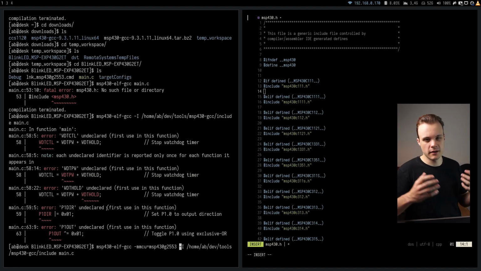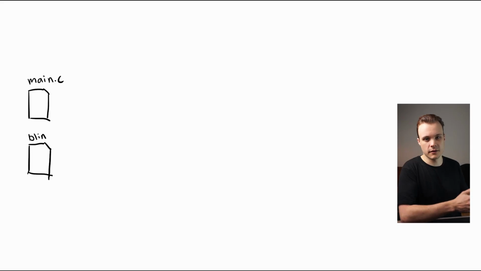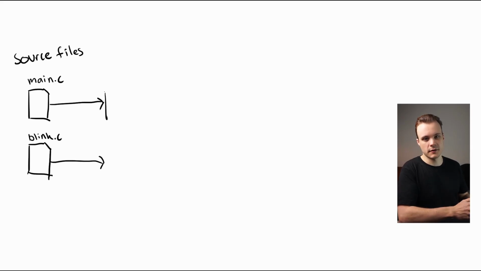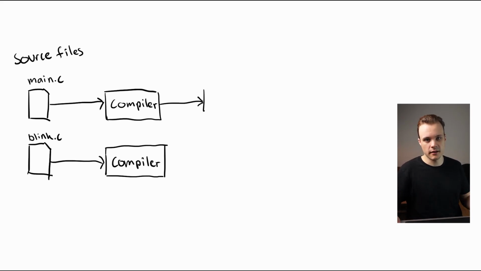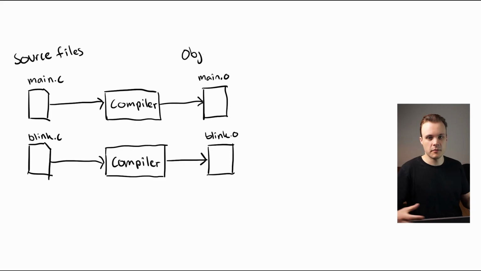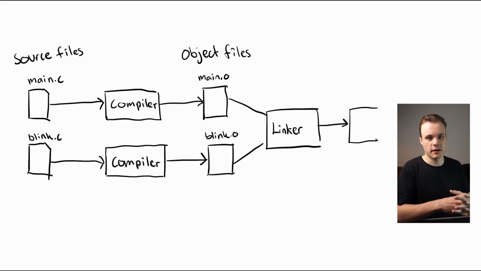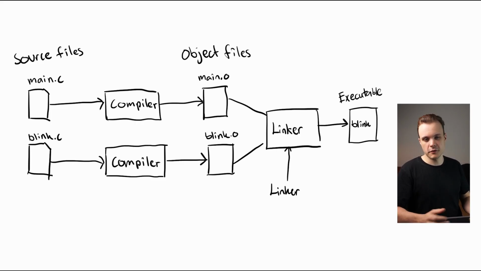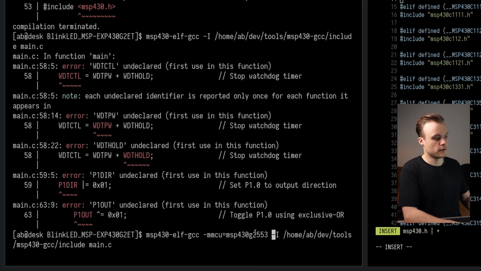If you aren't familiar with the compiler or linker, in short, what the compiler does is simply translate each source file to an object file, and then it's the job of the linker to bring all of these object files together into one big executable. Of course, it's a lot more complex than that, but I don't want to go into the details in this video. If you want to know more about how it works, there are a lot of resources on the internet. So if I run this now,